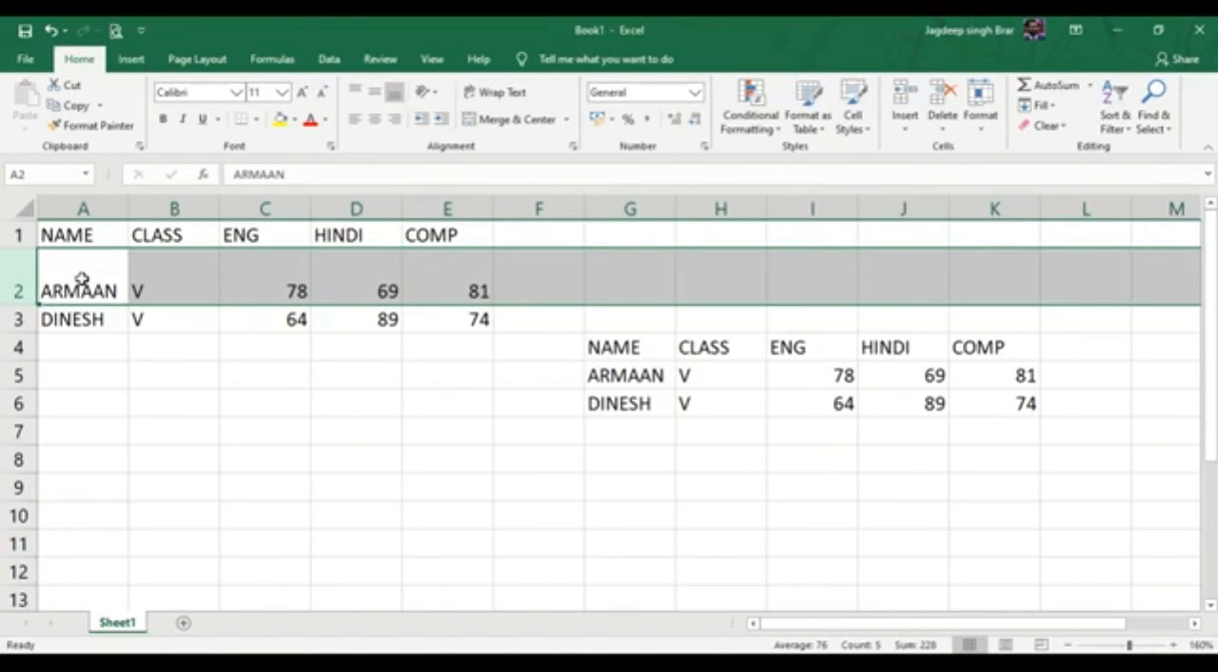Second is changing the column width. To change the width of a single column, click and hold on the right border of a column heading and drag it to the left or right until the column is the desired width. For example, here we have typed the name Arman with the last name Singh. So now Singh is not visible properly. So you can move your mouse pointer over the A and B border and drag your mouse to adjust the width